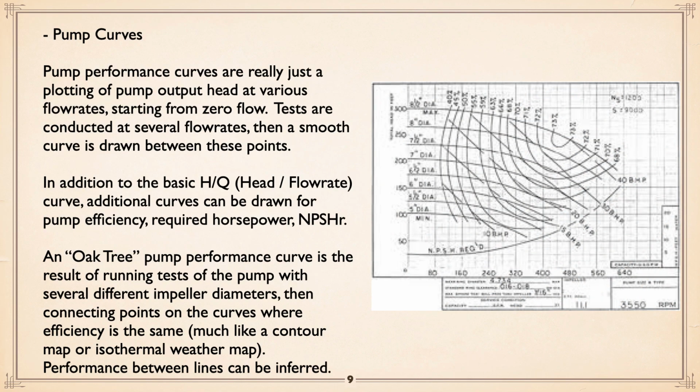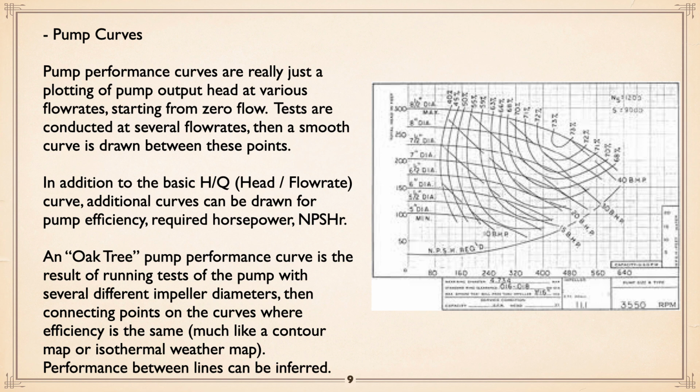Now, pump curves are really just the plotting of an output head. Basically, what a manufacturer will do, here's a pump operating at 3550 RPM. They'll start off with an 8.5, the full diameter that you can get, 8.5 inch. And they will test that pump using a calibrated motor, which is a motor which has been on a dynamometer, and they know the current at every load applied to that motor. Therefore, by knowing the current, you know what the horsepower output of the motor is. Using a calibrated motor and measuring head and